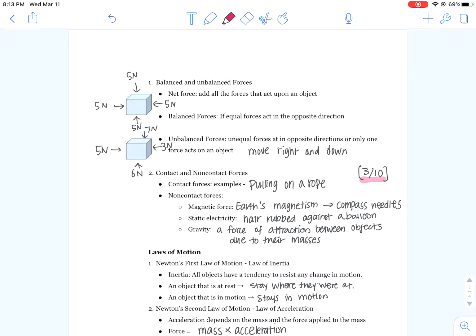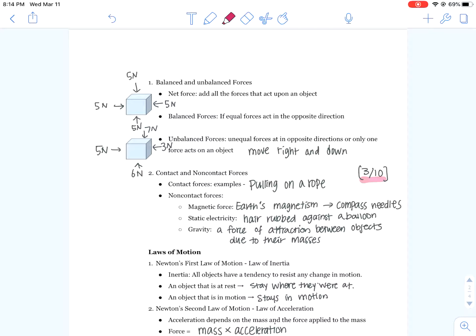So contact forces, for example, pulling on the rope. If you are doing a game of tug of war, you are going to pull on your ropes. And that's going to be contact forces because your hands and the rope are going to be in contact. You're going to have a part of your body connected to the other object. Or pulling a trolley or pushing something. So as long as you're actually touching the object that you are putting your force on,